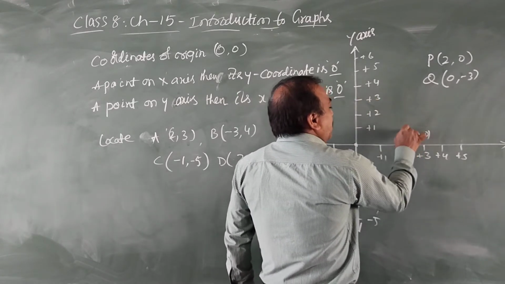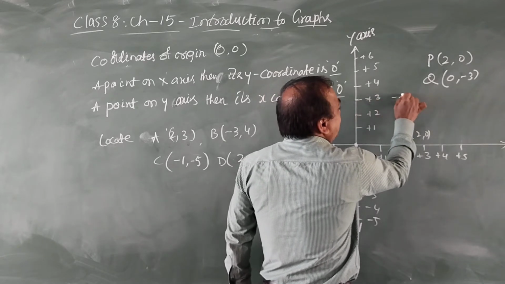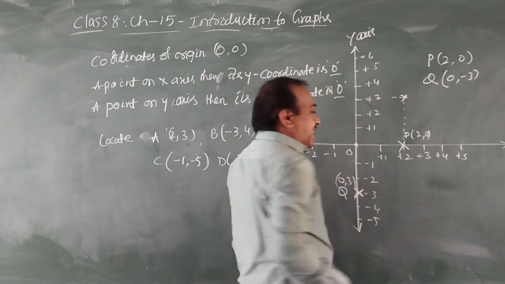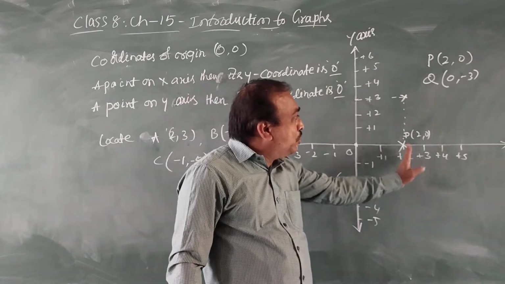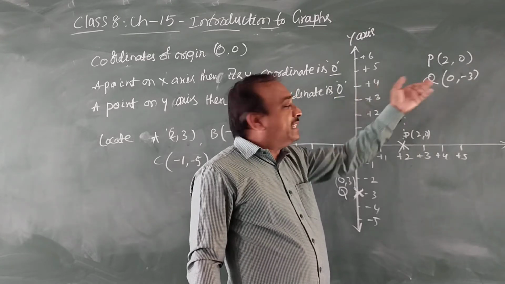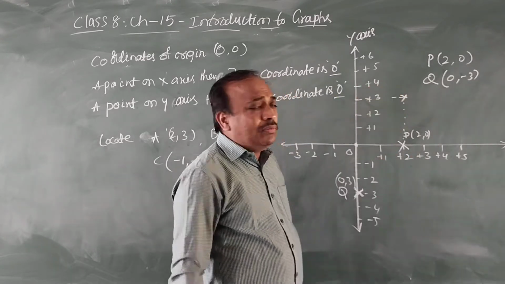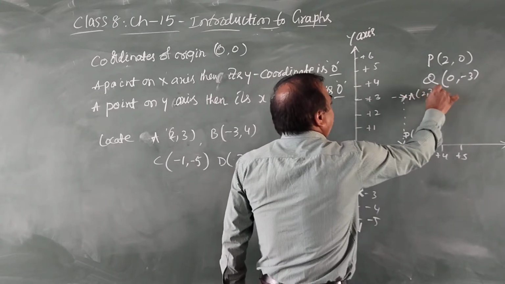You don't need to draw like this, but on the graph sheet you can get the same, exactly on the line. You see that from 2 draw the perpendicular, from 3 draw the perpendicular like this. Now here you see 2 comma 3. This is A, 2 comma 3. Next,